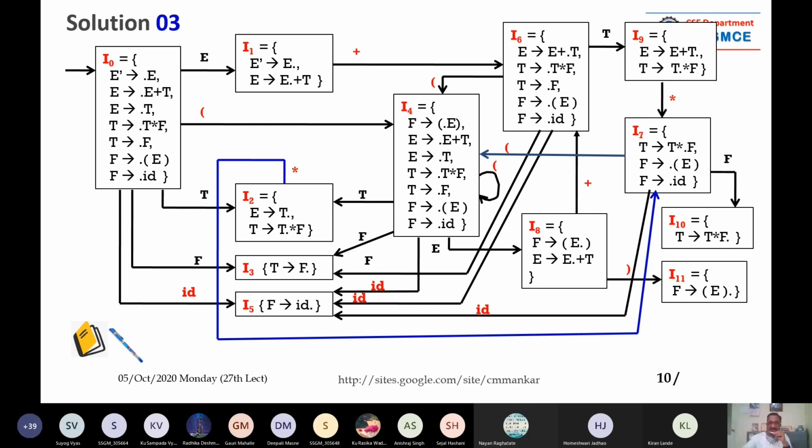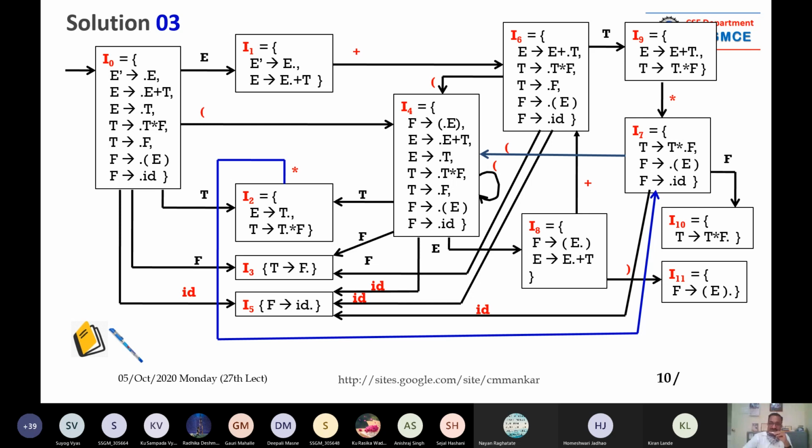But if you collect only E items where the dot is in front of capital E, so there is an arrow. See in I8, look at the state number 8, in state 8 there are only 2 production rules. In I4, the first 2 production rules have a bracket, then the dot, then capital E, meaning the dot is before E. In the second production rule too, E is after the dot, so in I8 the bracket will come, capital E will come, the dot will come after, and the closing bracket will come. In the same way, the second item is E giving you E dot plus T, like this. So you are collecting only E items.